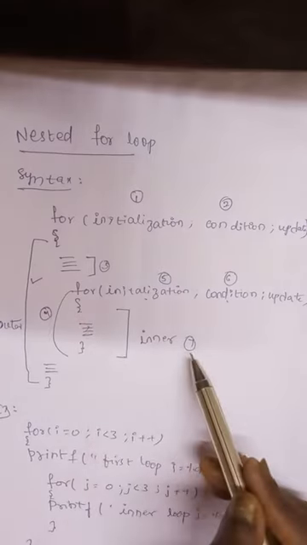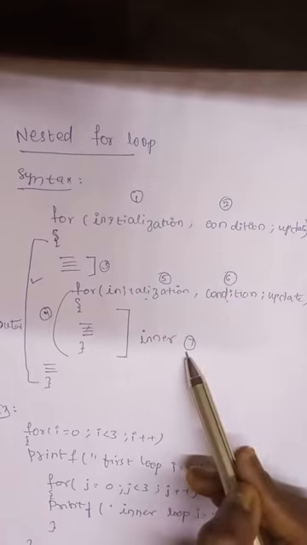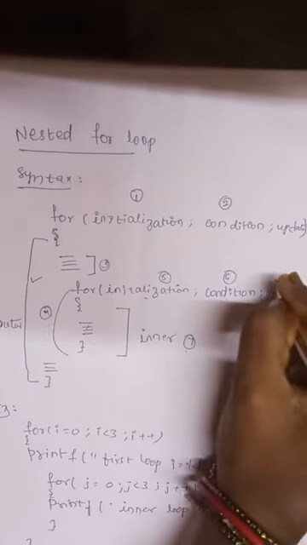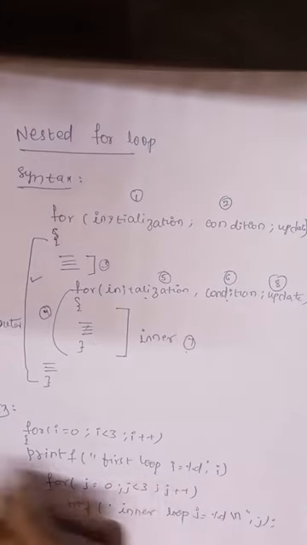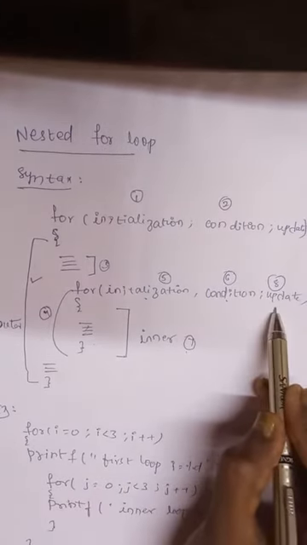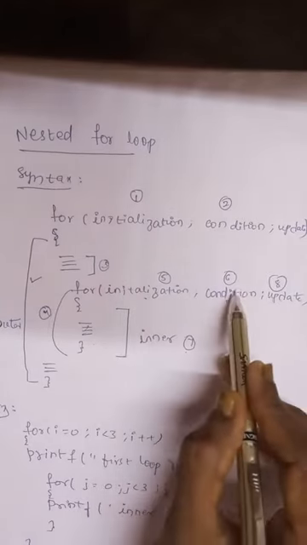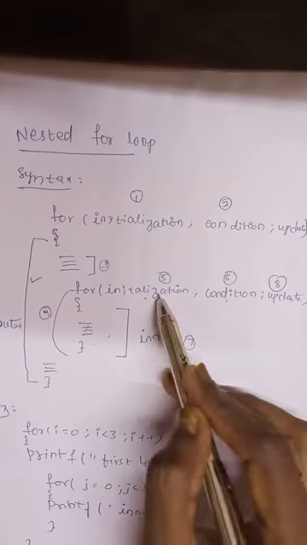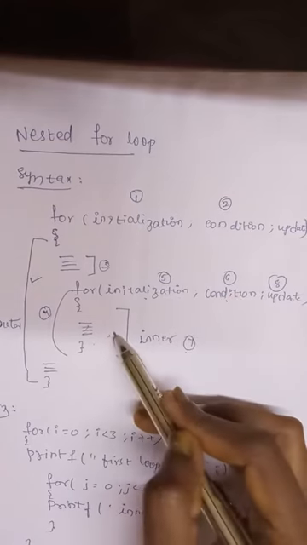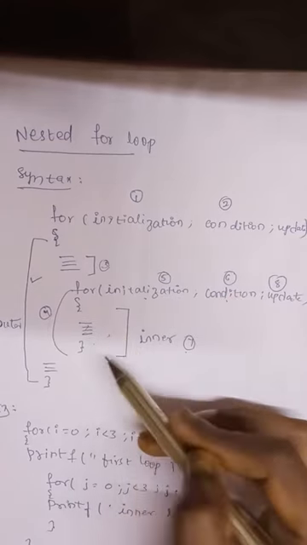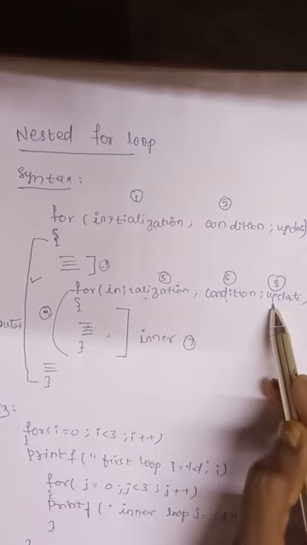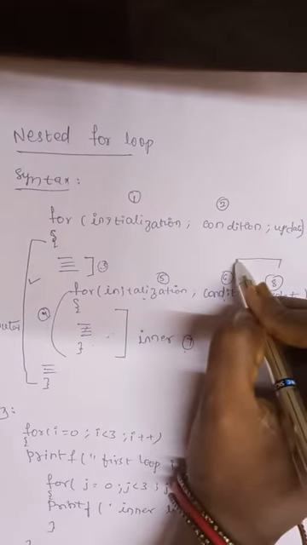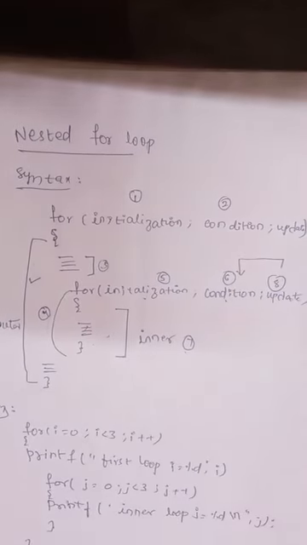Consider the condition is true here. After this, what happened? This inner block is executed. Now it updates the value of the for loop. What is the flow of the for loop? Initialization, condition, statements, updation, normally. Now initialization is done, condition is checked, block is executed, and the value of the variable is updated. Now this updated value goes back to this condition.